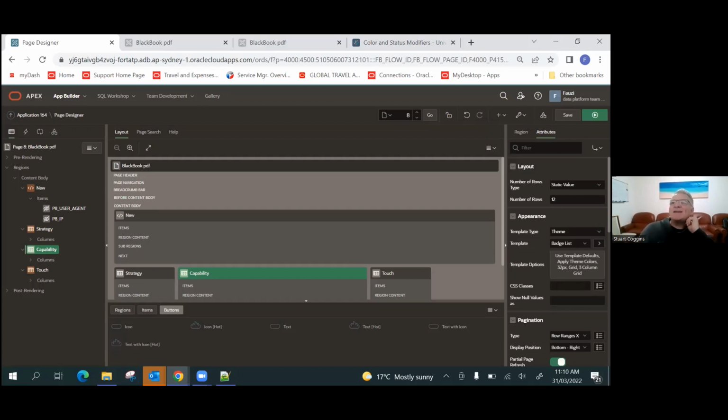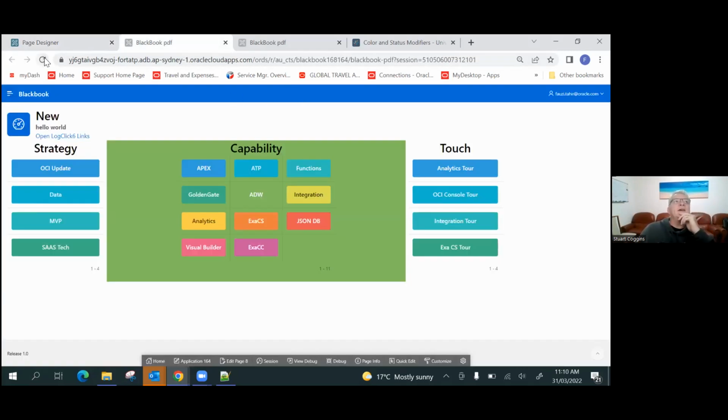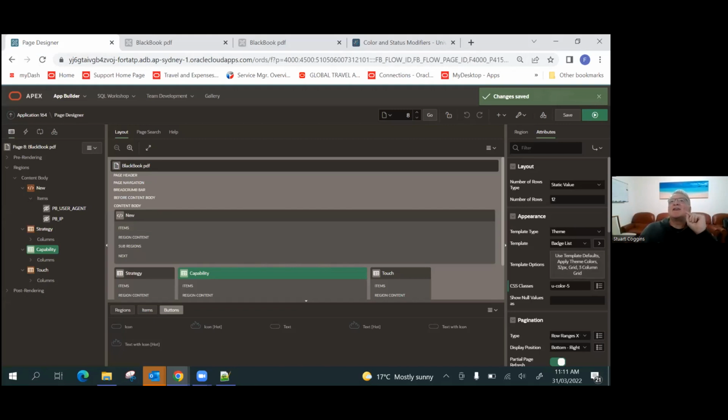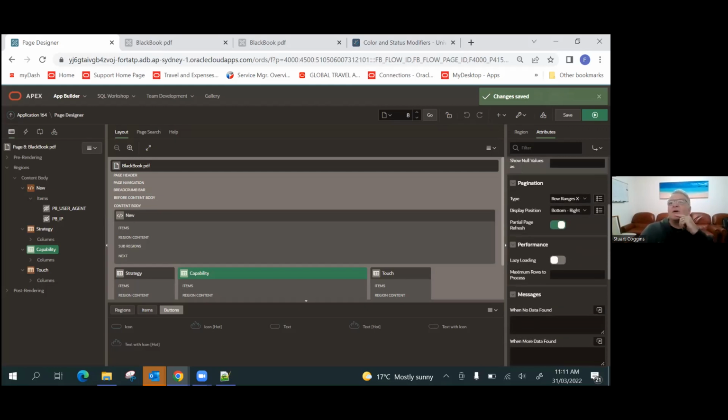So I reckon if you paste it in there, and the reason we're going through, obviously we know which one we want to do, but I just want to show everyone a few of the options that you've got where you can put these classes. And this uColor 5 is built into Apex already. So there's hundreds of these. Okay, so that's now done each badge itself by that, but that's not actually what we wanted either, because I think what you wanted to do was change each badge by itself, so they're all the same color. So just pull that one out, and if you just scroll a little bit more,